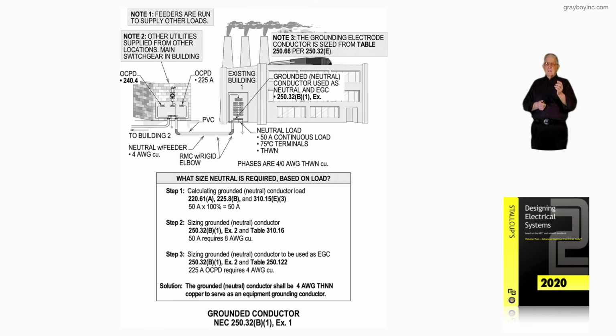Now, let's look at this another way. Say that we add 150 amps continuous calculated load, already calculated, 150 amps. Then step 1, we'd add 150 times 100%, which would be 150. Step 2 then, 150 amp would require 1 aught, so now you would need a 1 aught run over there to serve as a neutral, 220.61, and serve as an equipment ground, 250.122, and then it serves as the bonding